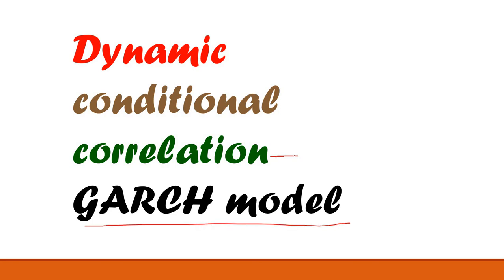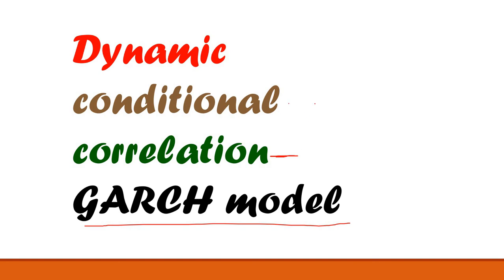Now what is correlation? As we have already discussed, correlation means some relation, maybe in the volatility, which we name as covariance. So correlation is a relationship between two or more variables. Whenever we are going to find out the relationship, we are going to study the correlation.